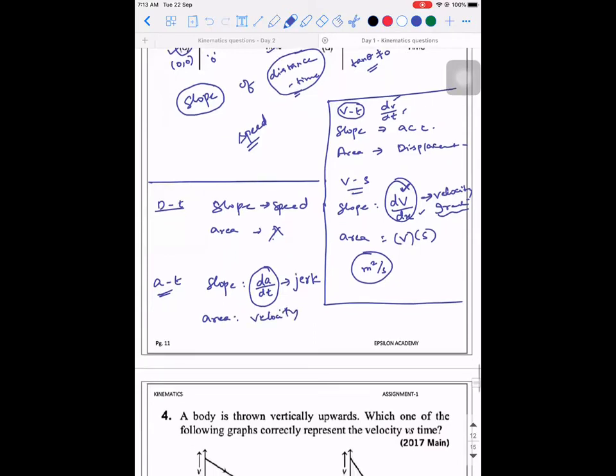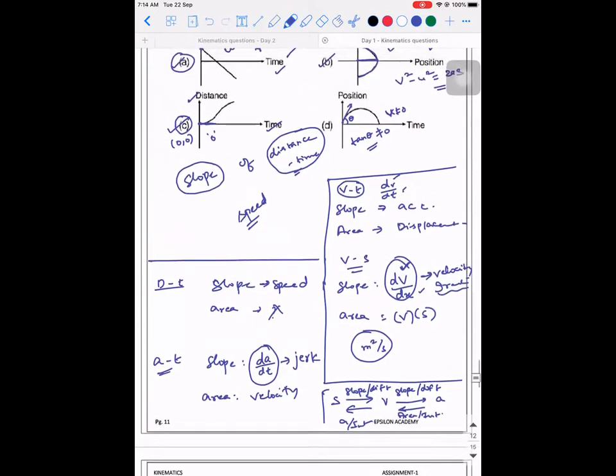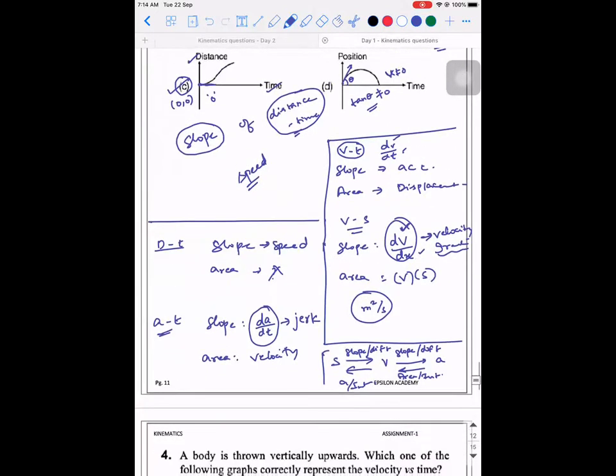So put it in very simple terms, there are three physical quantities: displacement, velocity, and acceleration. On the displacement-time graph, slope or differentiation gives you velocity. On the velocity-time graph, slope or differentiation gives you acceleration. Reverse, area or integration gives you velocity. Area or integration gives you displacement. So you can remember the small flow chart. And it is very, very important because most of the questions will test based on graphs. Maybe not in this chapter, but at least you should have an idea of how to deal with graphs.